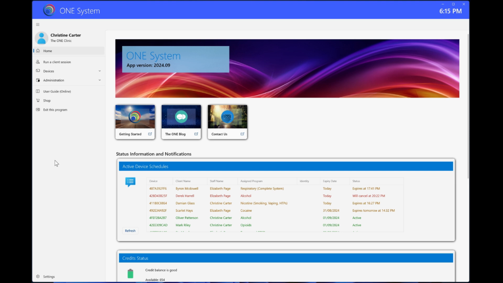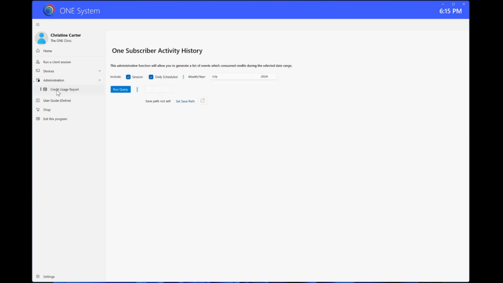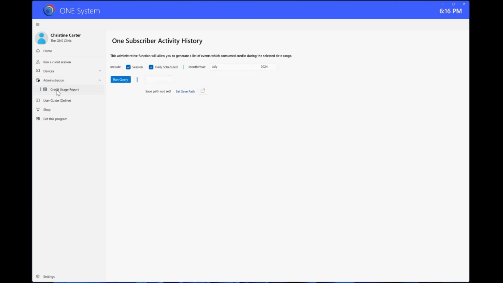of test data in. So notice here is the administration menu, which is new, and underneath that is this credit usage report as a new item. There'll be more things coming under the administration menu as time goes on, but for now there's just this one entry. So press the button and this takes you to the screen where you can specify what you want in